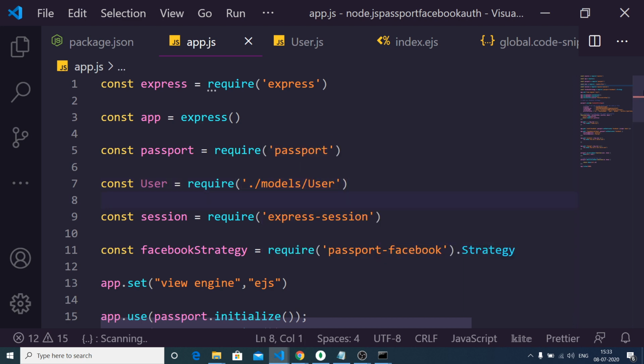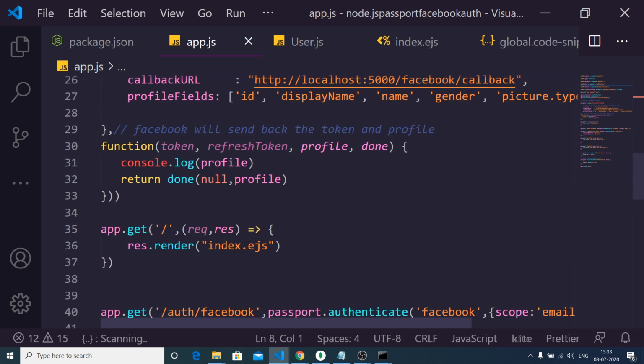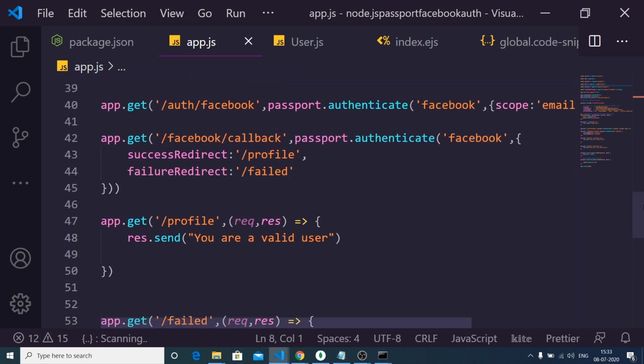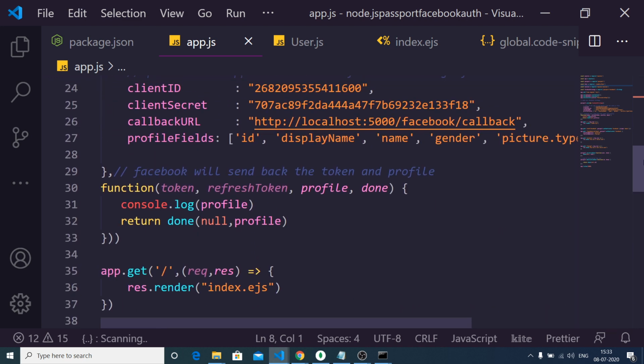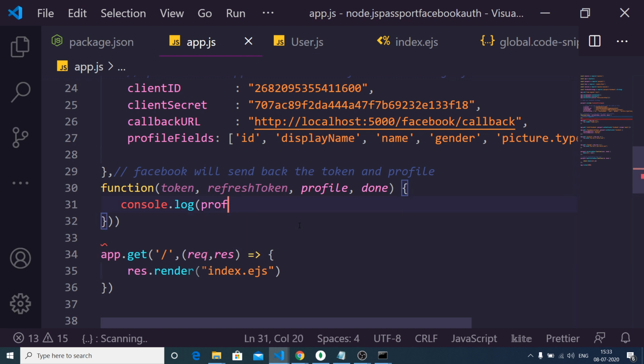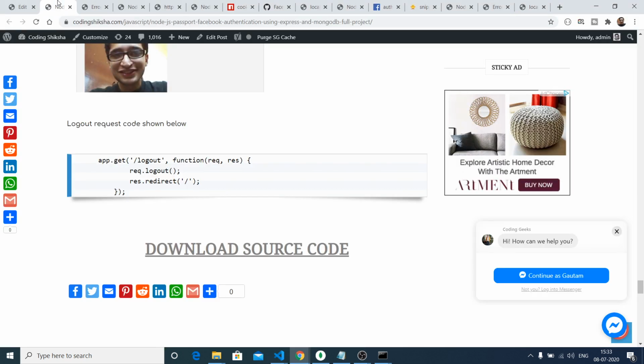So after requiring it, we can insert the details inside this function. So just delete all this code here, and here inside my blog you will find this code.